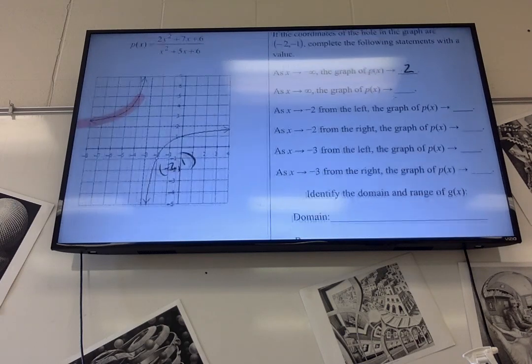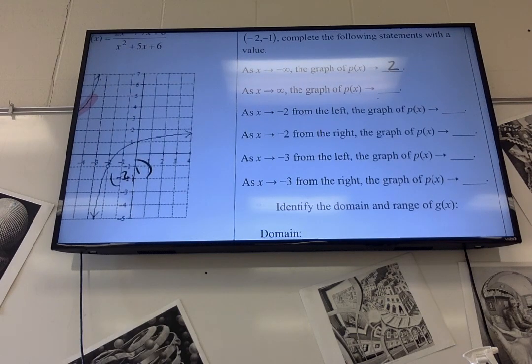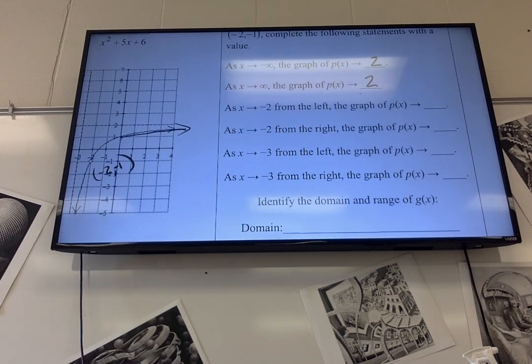So for the next one, as x approaches infinity, the graph of p of x is approaching what, Danielle? Yep, 2 again. Because it's going this way. As x approaches negative 2 from the left, so we're talking about the hole there, p of x is approaching what, Hazella? It is negative 1. I didn't write negative, did I? Oops. And the next one, Tyler? -1 again as I approach it from the other side. Kendrick,